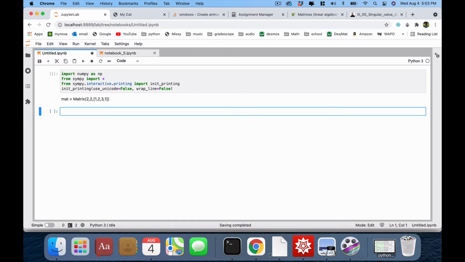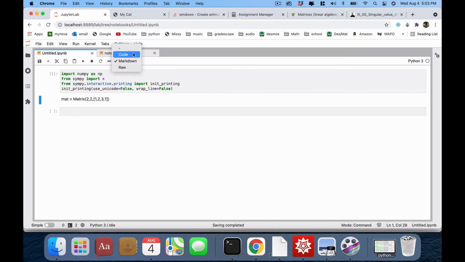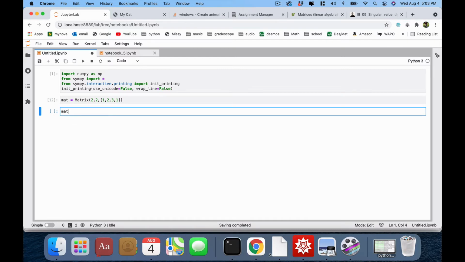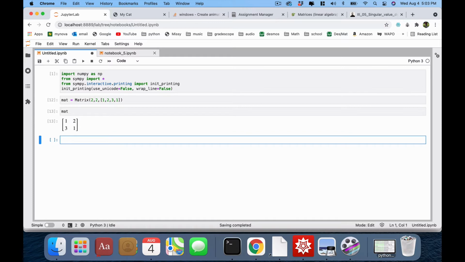Let's see if that works. And somehow that cell got, here we go, try it again. And then let's take a look at that matrix. And notice a nice way that it's printed out. Yeah, that looks good. Okay, so now if you want to create a vector, it's just going to be done like this. It's a matrix,